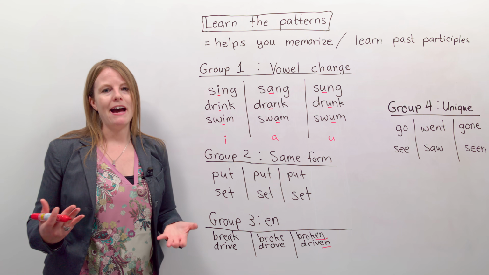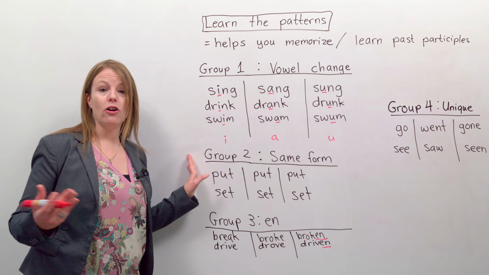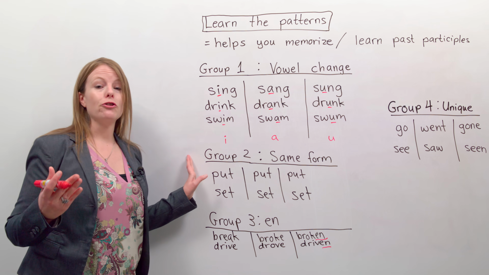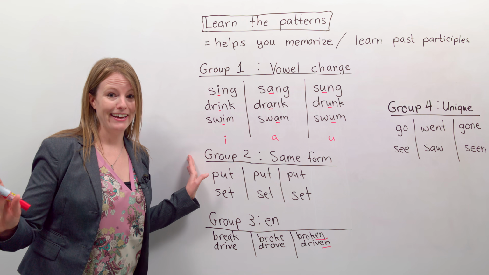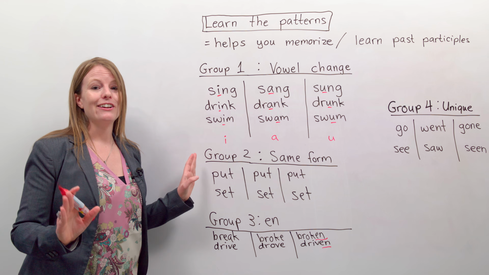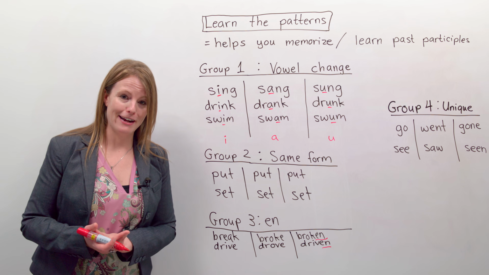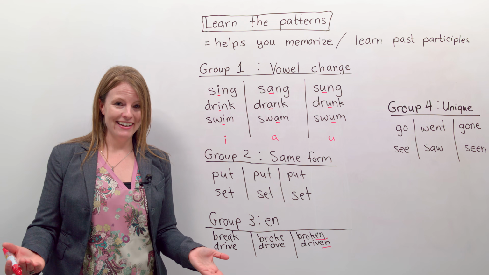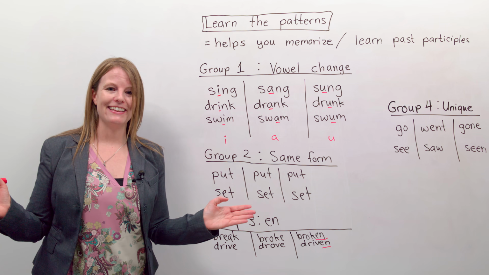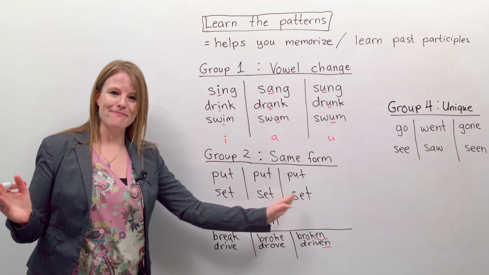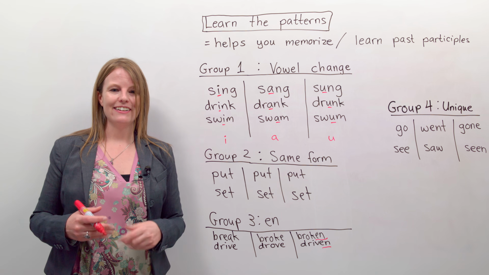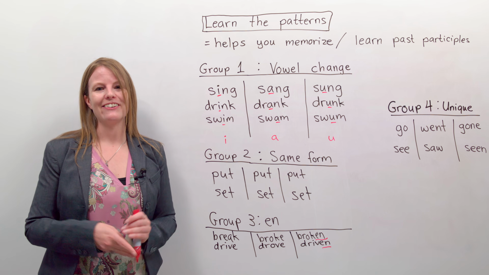Now let's look at another pattern we might see, what I call group 2. Group 2 is the best, okay? If you're learning English, you will be happy when you find a group 2 irregular verb. Why? You don't have to do anything. It's all the same. Put. Oh, beautiful. So I can say,